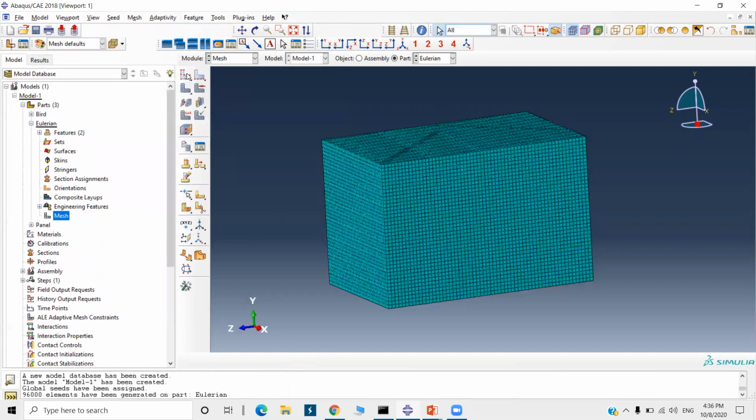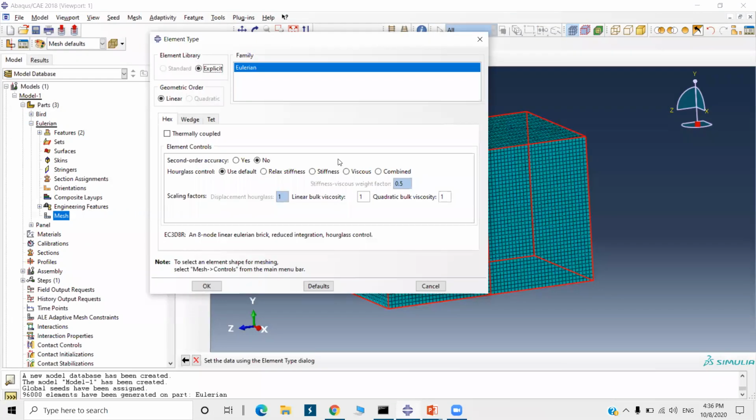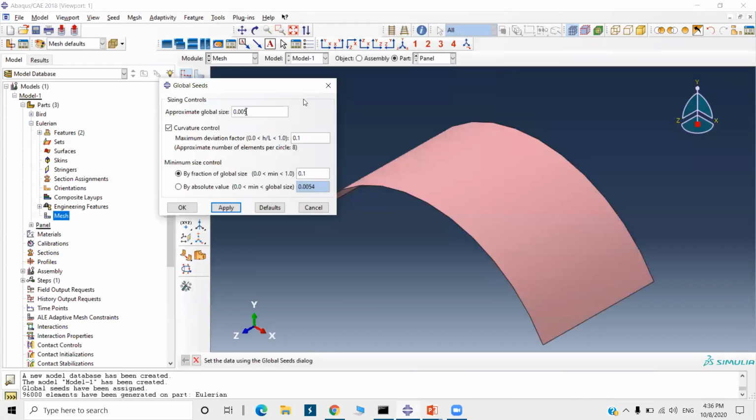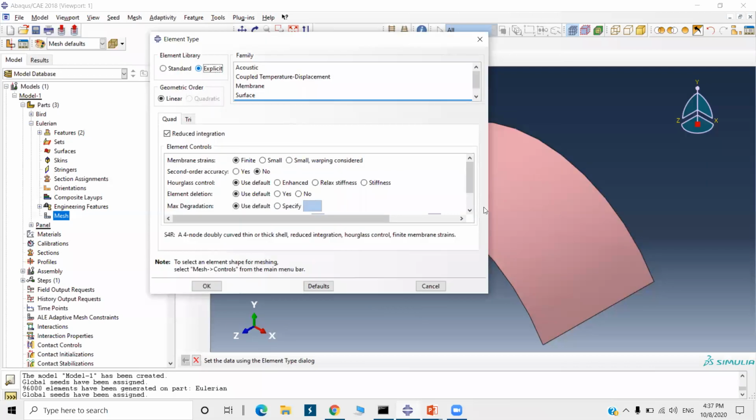For the panel also we will define the mesh size, 0.005. Go to the element type, select Explicit, family Shell, okay, mesh it. So meshing is done, and I'm not going to mesh this bird. I will tell you why we are not meshing this bird. So the part model is over.